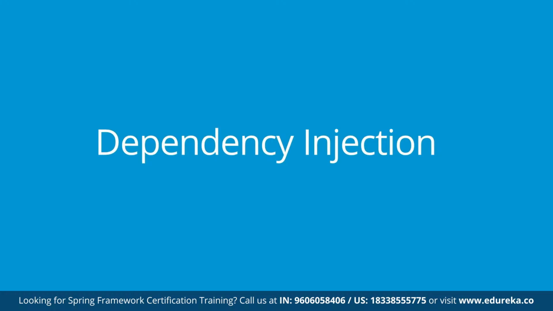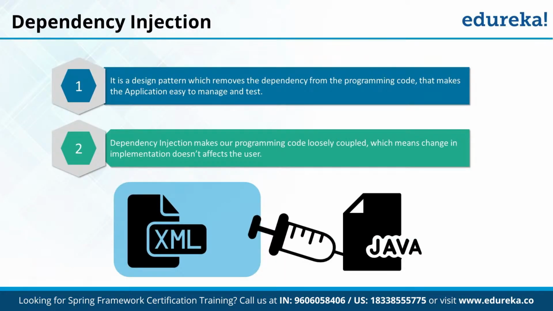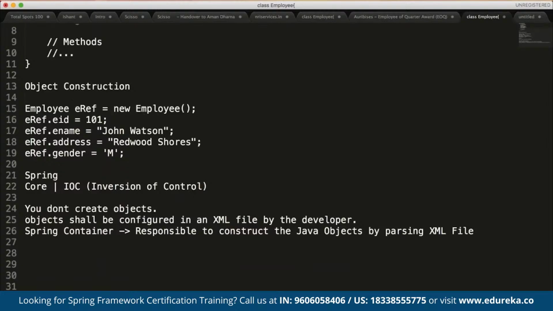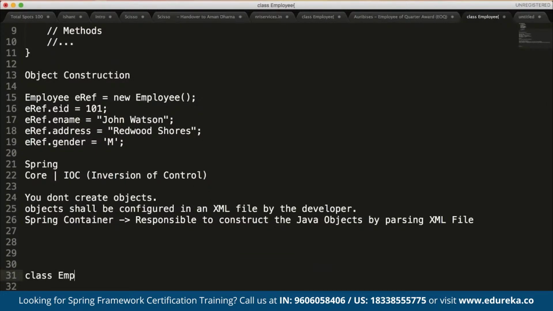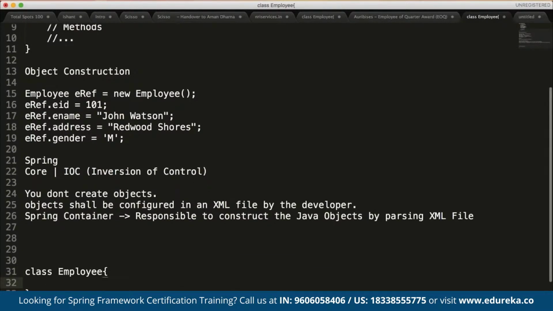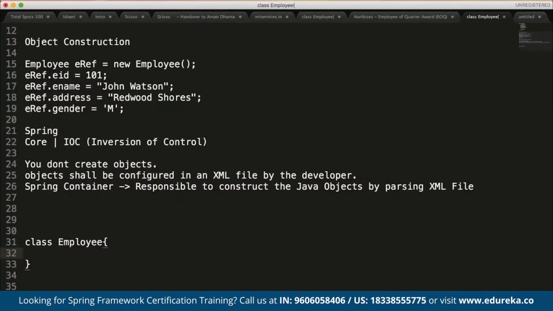So let's see what is meant by the term dependency injection. Before we understand the term dependency injection, we need to understand what is meant by coupling. So let's see that coupling theory first of all. Consider that I've got this class Employee. Employee has one EID, then one name,